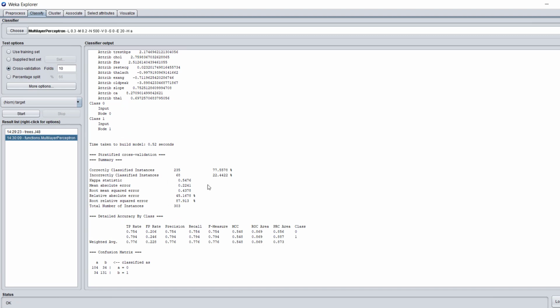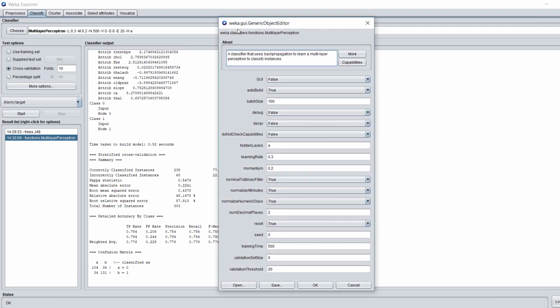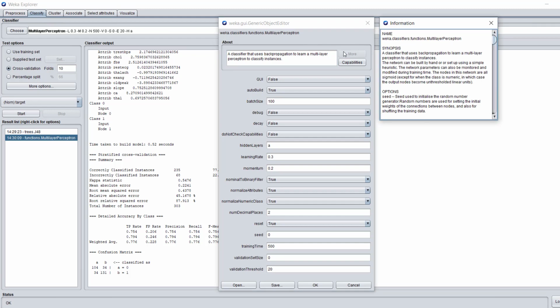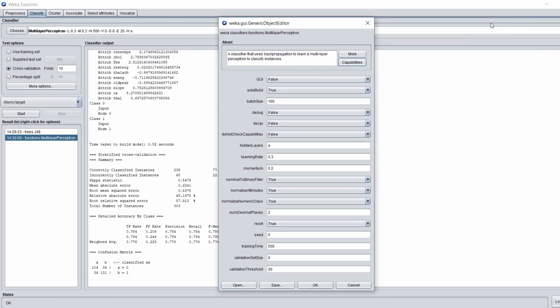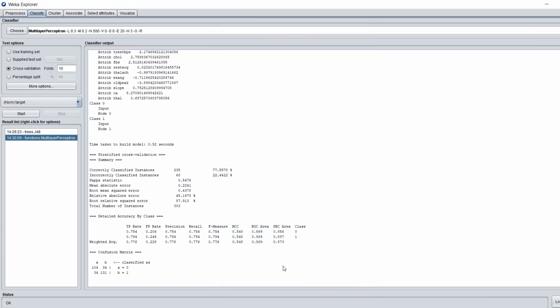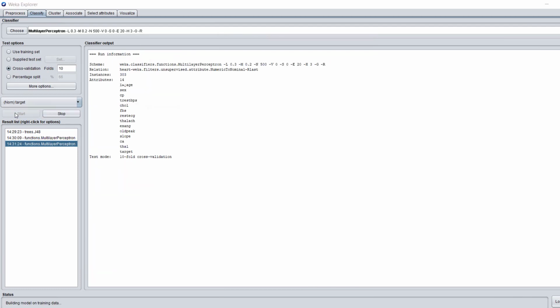We received only 77%. We will click the hidden button where we can control the different parameters of the network. You can read more about it here. For now, we will turn the GUI, the graphical user interface, on and select one hidden layer with 3 neurons. We click OK and run it.